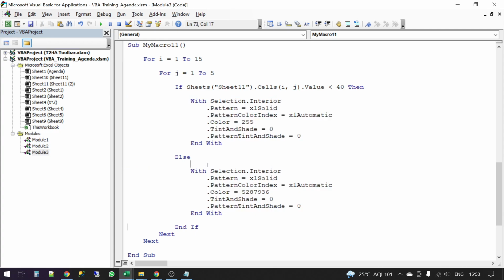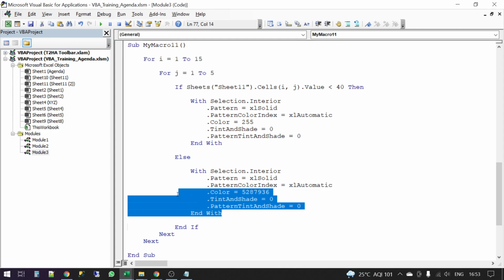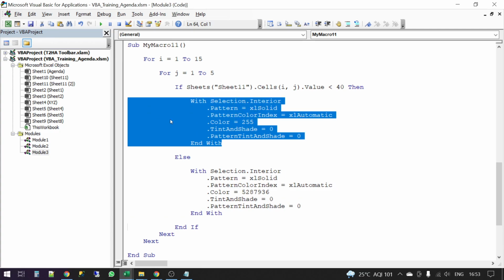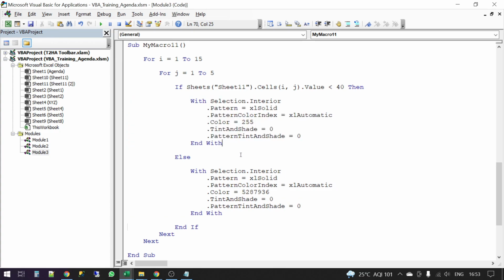Now, the last question to you guys. What change should be made in this part of the code and this part of the code? Change the selection to what?